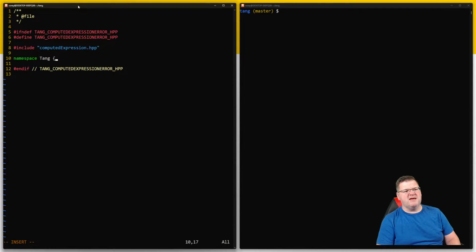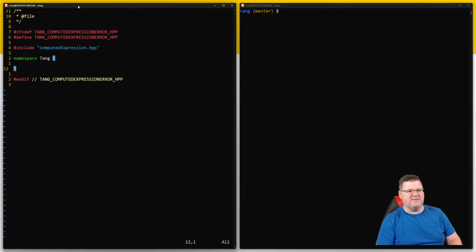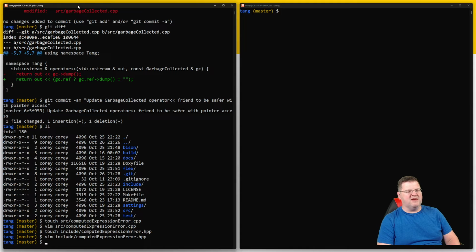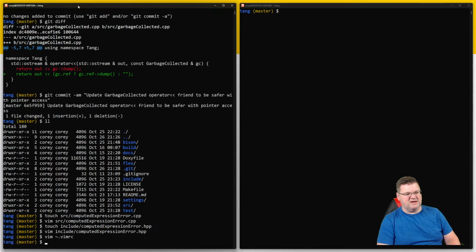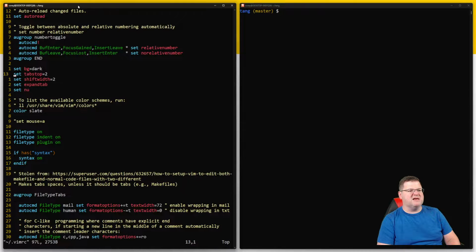And now namespace Tang, and we need to now stub out our computed expression class. Now I'm going to cheat. I'm going to steal some stuff from our existing computed expression. So I'm just going to edit our source computed expression. Oh, no, not source, include .hpp. Fine. I will write this. You know what? I'm going to exit this. I think if I edit my vimrc, that wasn't right. Tilde slash dot vimrc, that if I set history,